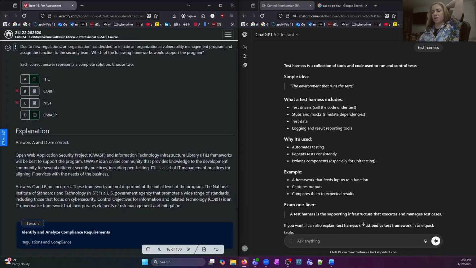Answer C and B are incorrect. These frameworks are not important to the initial level of program. The National Institute of Standards and Technology is a US government agency that promotes a wide range of standards, including those that focus on cybersecurity. Control objectives for information and related technology